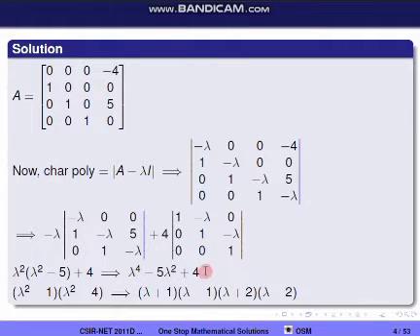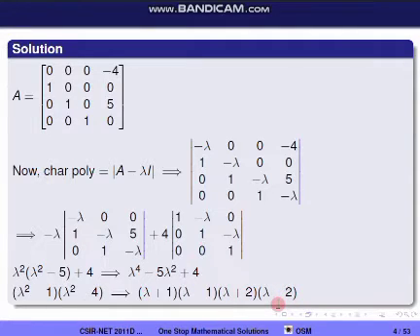So I am getting the product of roots as 4 and the sum of roots as minus 5. So I can write it as (lambda square minus 1) into (lambda square minus 4). These two are in the a square minus b square form. So I can again separate it as (lambda plus 1)(lambda minus 1)(lambda plus 2)(lambda minus 2). We know the roots of the characteristic equation are the eigenvalues. So we will get lambda equal to minus 1, 1, 2 and minus 2 as the eigenvalues.